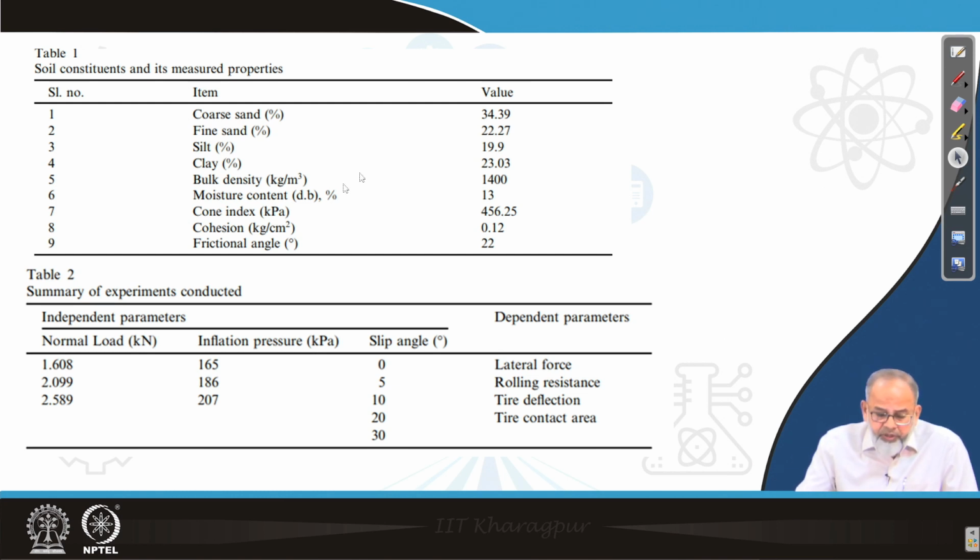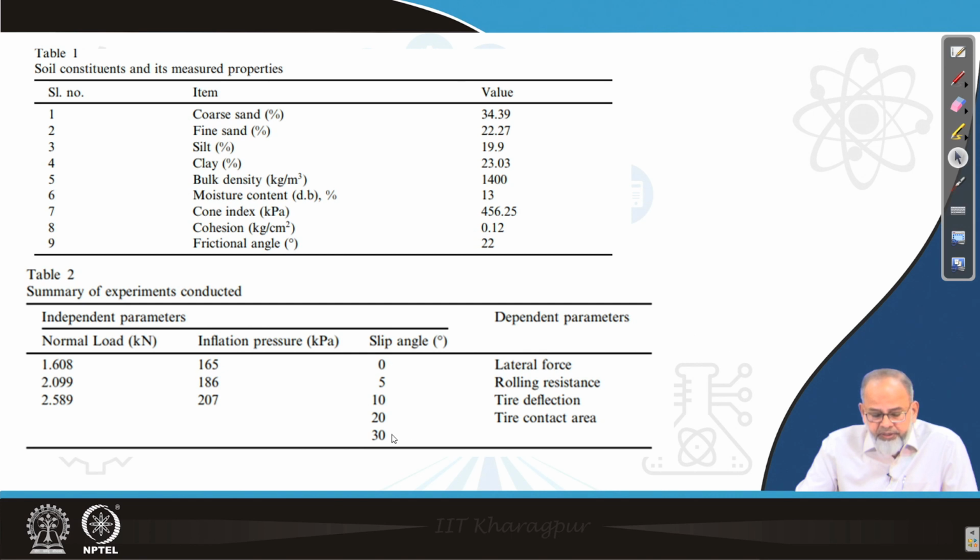So, we tried to study the lateral force measurement in a sandy clay loam soil at a cone index value of 456, which is nothing but your medium soil, soft to medium soil, and at a moisture content of 13%. The parameters which we varied are normal load and inflation pressure. Normal load we varied from 1.6 kilonewton to 2.6 kilonewton. Then inflation pressure we varied from 165 kilopascal to 207 kilopascal, and the slip angle which we tried is from